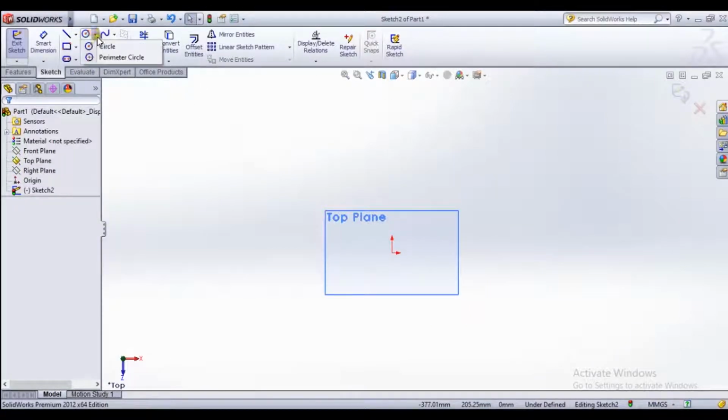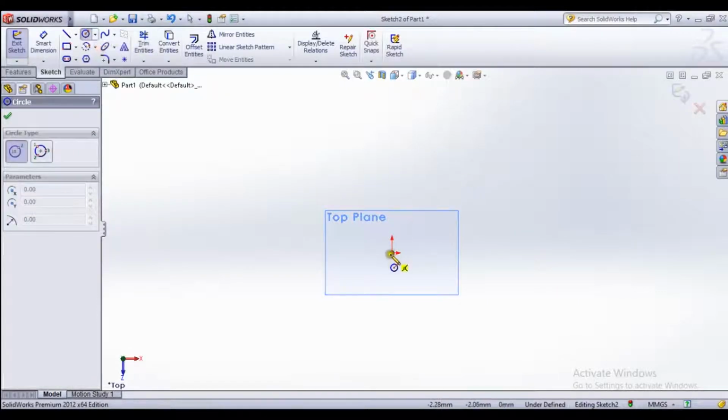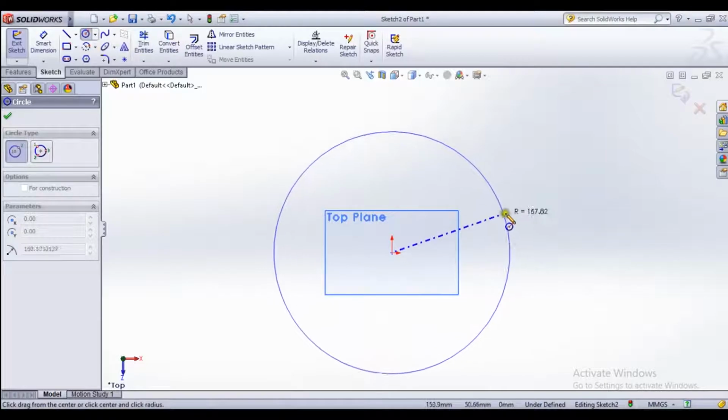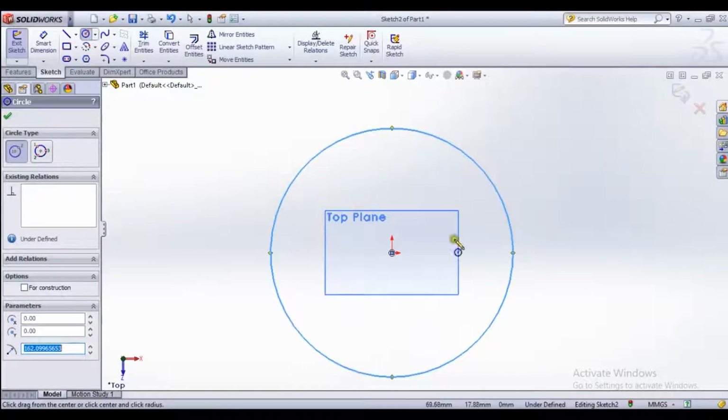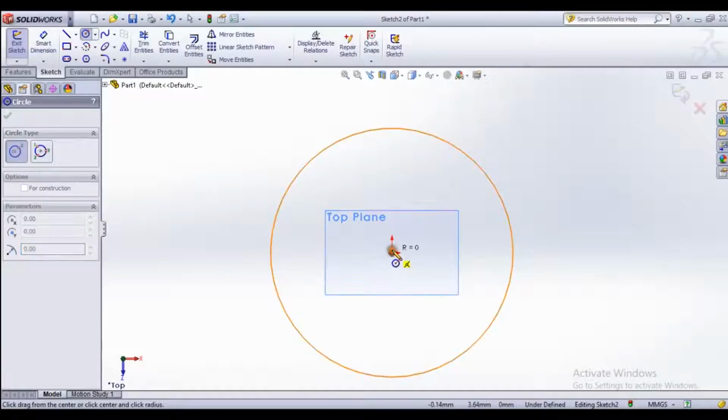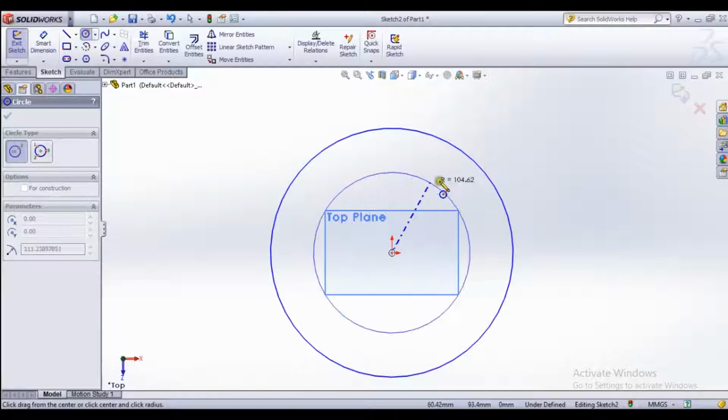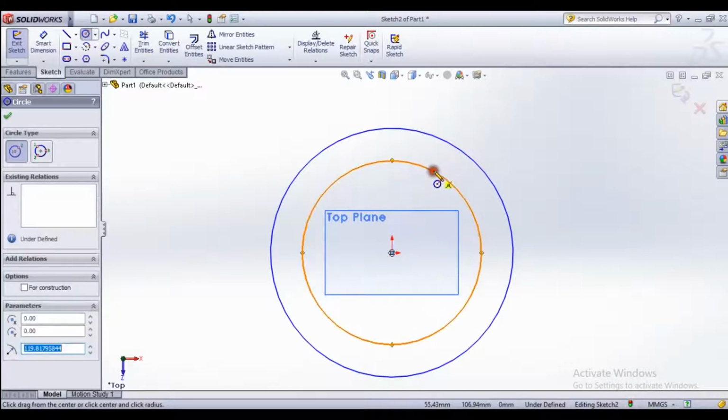Now there are circles. There are two types of circles. One is selecting the center and the radius. We can draw a circle by selecting the first point as the reference center and the other point as the radius.